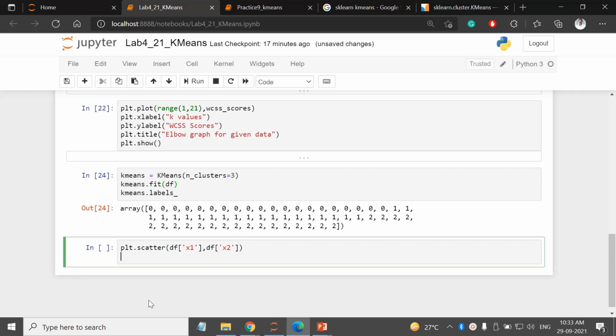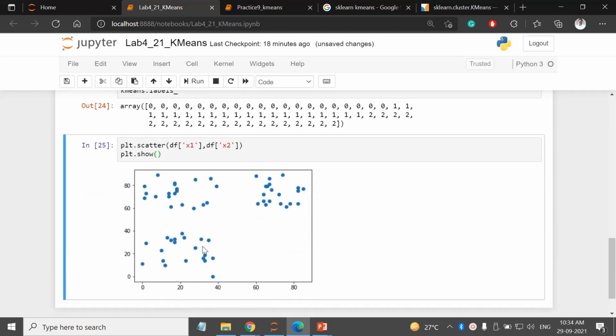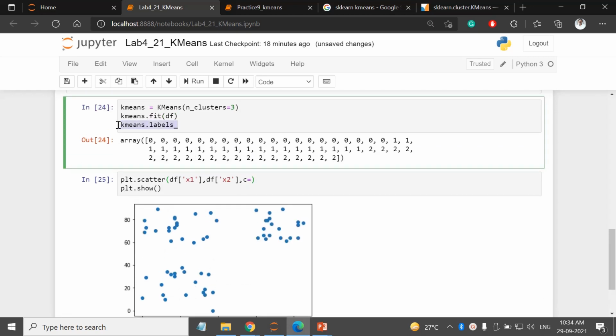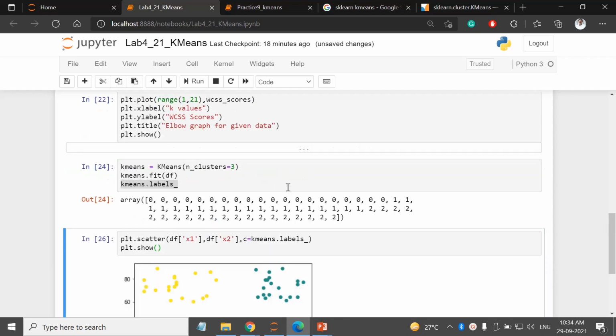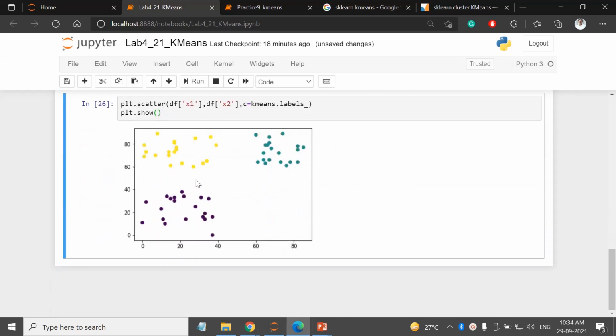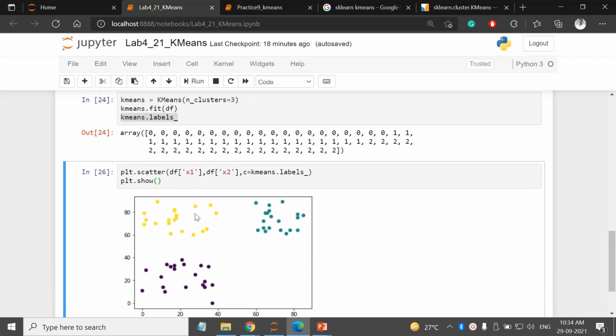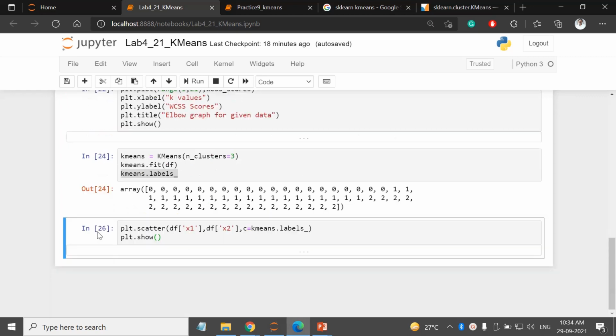Let us print this much, plt.show. But I want to give different colors based on their labels, so I have the parameter called c. You decide the color using the labels. And see, we have different colors for the different clusters.